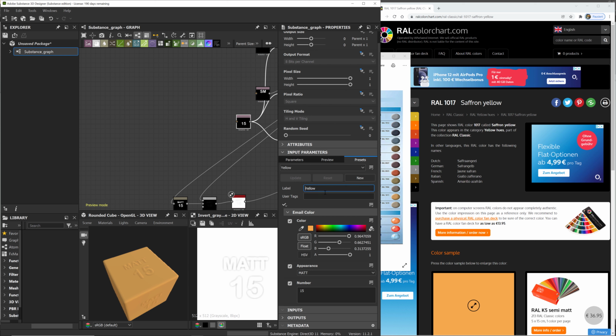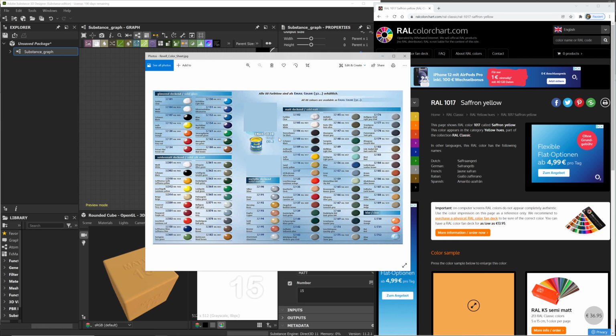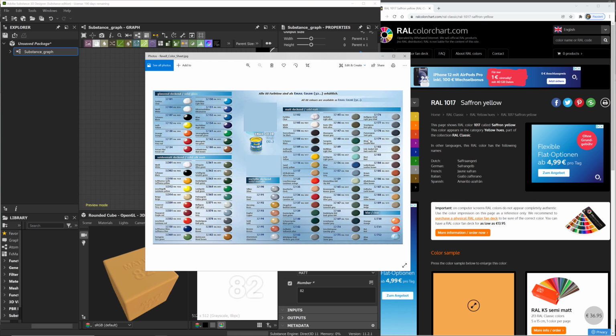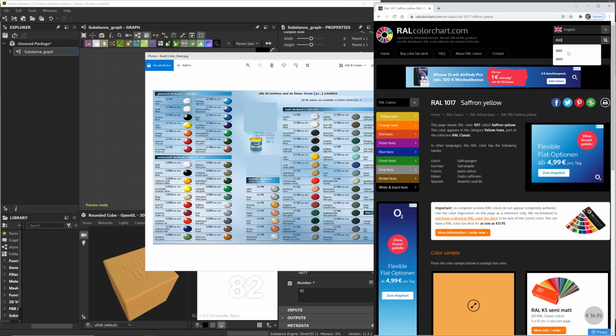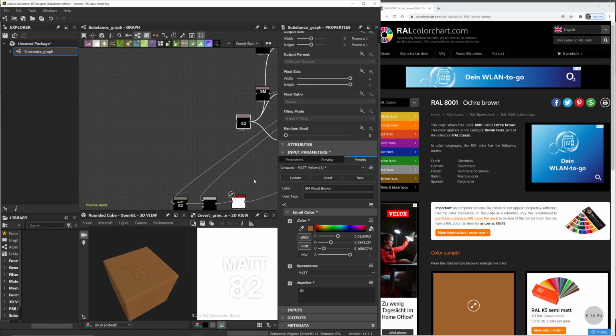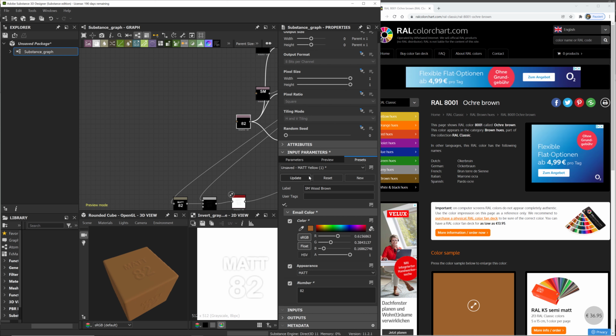Maybe it's a good idea to call that matte yellow. Update, and now we create a new one, and we take something semi-matte, maybe that wood brown, number 82. And it has the raw number 8001. This one, and then again we can take the color picker and have created that one. And simply update that, and then now we create a high glossy one,